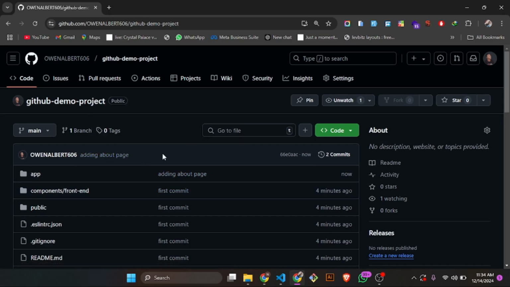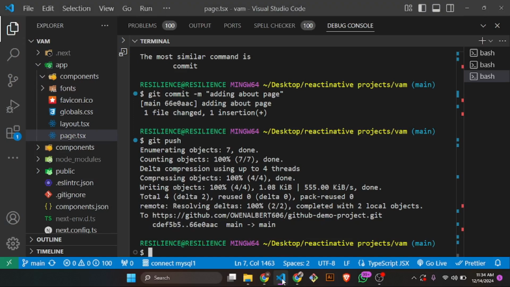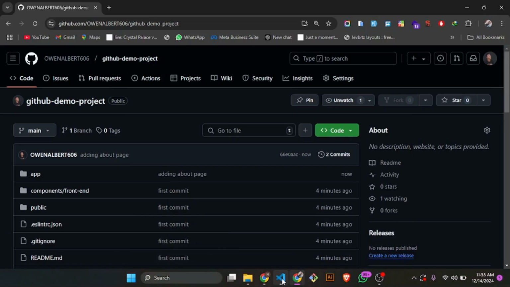So at every point, I'll be making changes in my code on my machine. I'll be using those commands to push the code